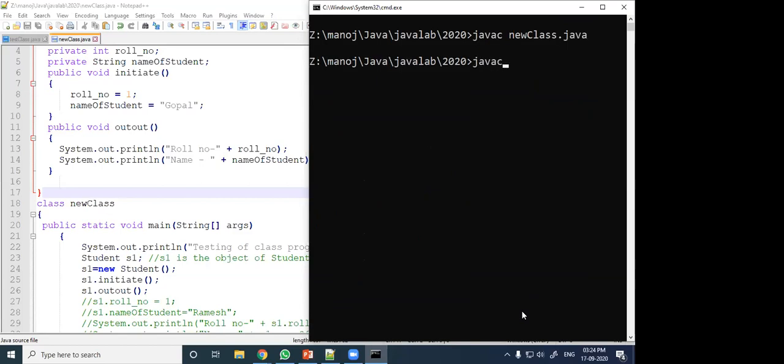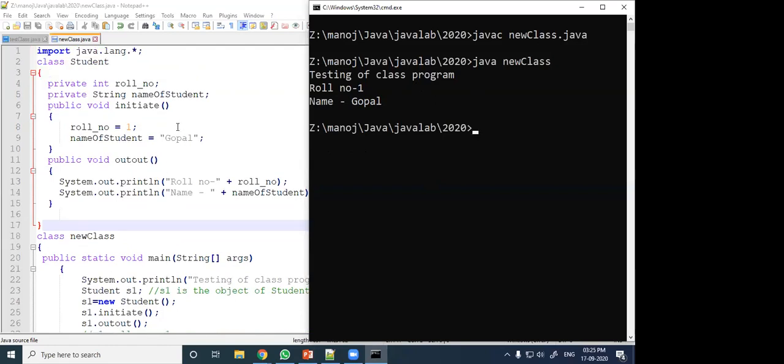Next, java, what will be the Java class name? New class. Okay. So here 1 and Gopal is initiated, then printed. So initiate function is called, under which it is initialized, and the output function is called, through which the data is printed.